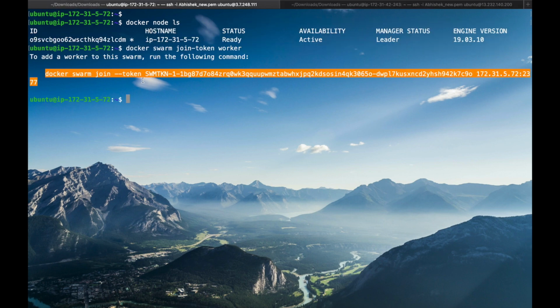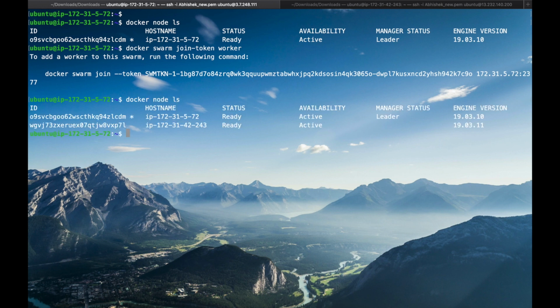Again we run docker node ls. We can see there are two nodes available, and both availability are active. Let's inspect the docker node.